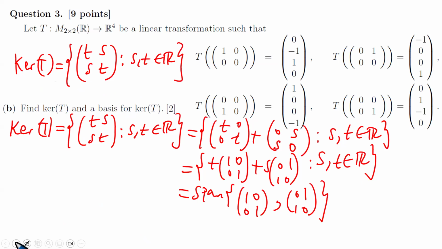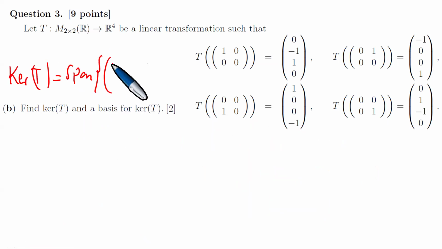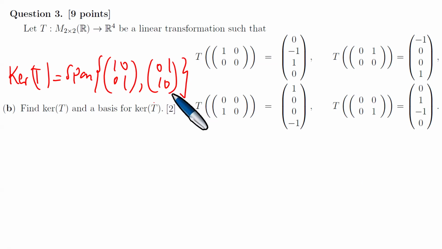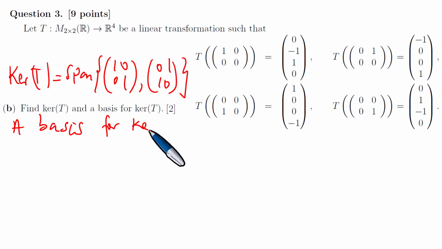So we write here the matrix 1, 0, 0, 1 together with the matrix 0, 1, 1, 0, like so. Okay, now what is this stuff here? A basis. We're able to make the observation that a basis for the kernel of T,